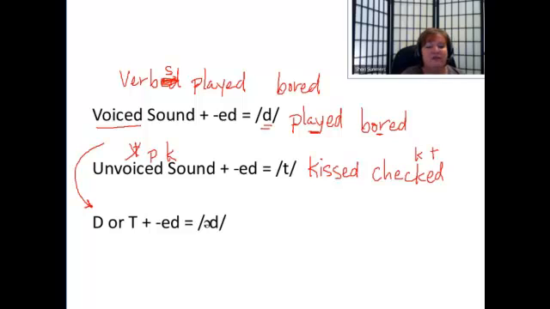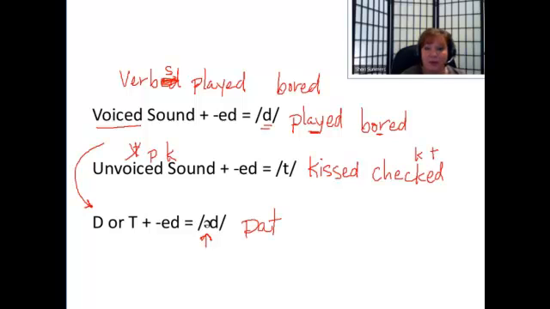But what happens if we have a word that ends with a T or a D? In this case, we really can't add another T or D sound to it. It would be too awkward. So what we do is that's the time when you're going to hear a little vowel sound between the T or the D and the ED. So, for example,